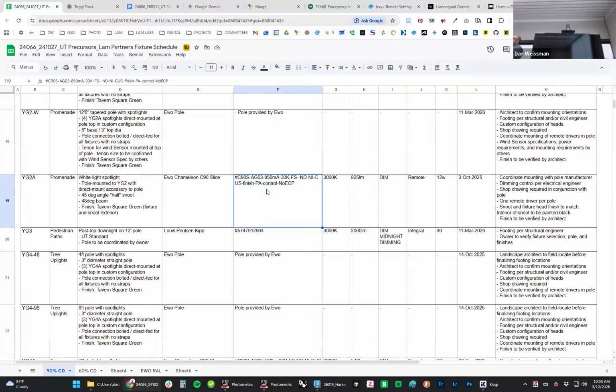From the perspective of the IES file, though, we really don't care about most of these things except for what's happening right here. So if this is a medium distribution that's 40 degrees, and this surface right here is specular aluminum, that's going to behave differently optically than if this was a 20-degree beam and that surface was black or white. So the different IES files need to account for all those different conditions,